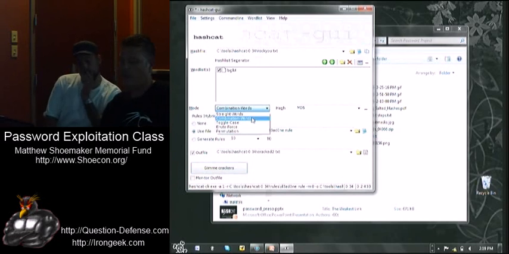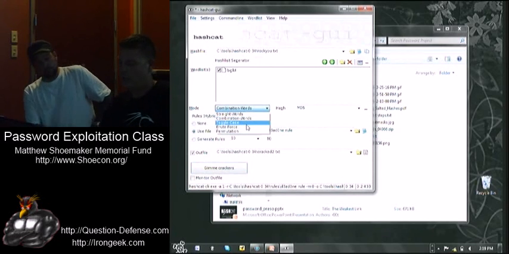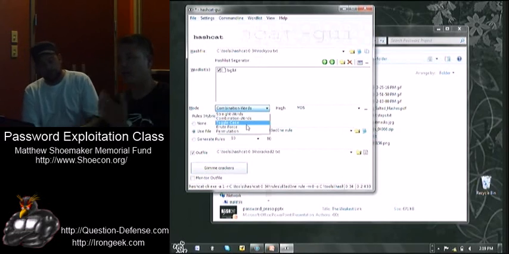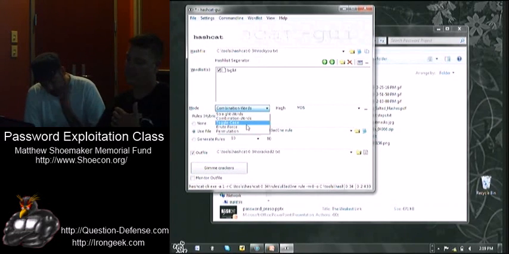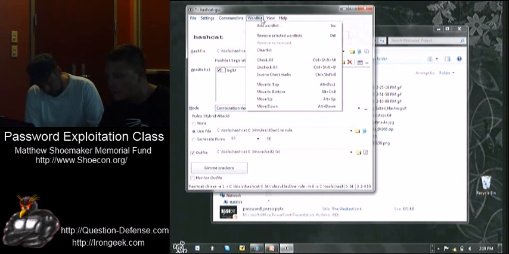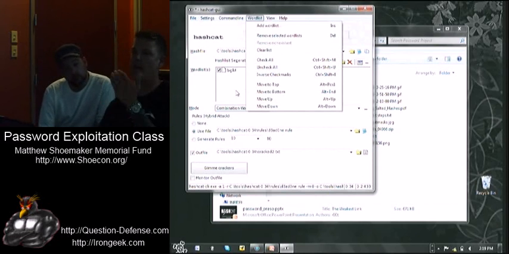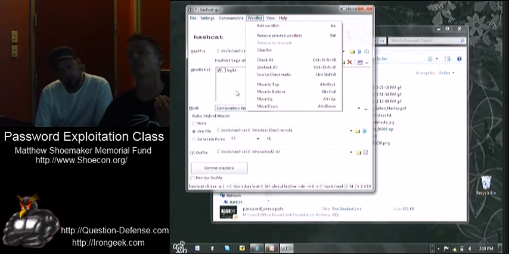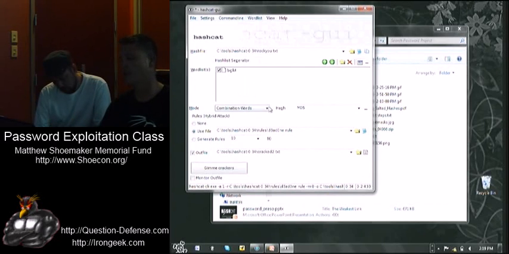And in reality, you could go through each of these one at a time and keep cracking on the exact same list. There's a setting to remove the hash from the hash file after it's been cracked, to keep them in order. So you would say remove, and then your list of hashes would go down, and so the computational time to go over the list would decrease as you cracked more.